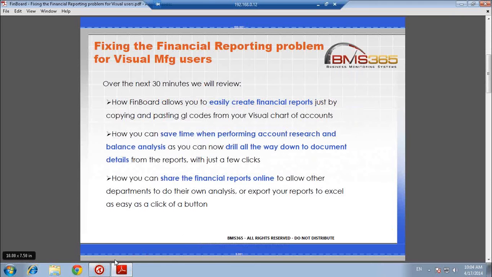Over the next 30 minutes, we will review how Finboard allows you to easily create financial reports just by copying and pasting GL codes from your Visual chart of accounts, how you can save time when performing account research and balance analysis, as you can now drill all the way down to document details from the reports with just a few clicks, how you can share the financial reports online to allow other departments to do their own analysis, or export your reports to Excel as easy as the click of a button. So let's review